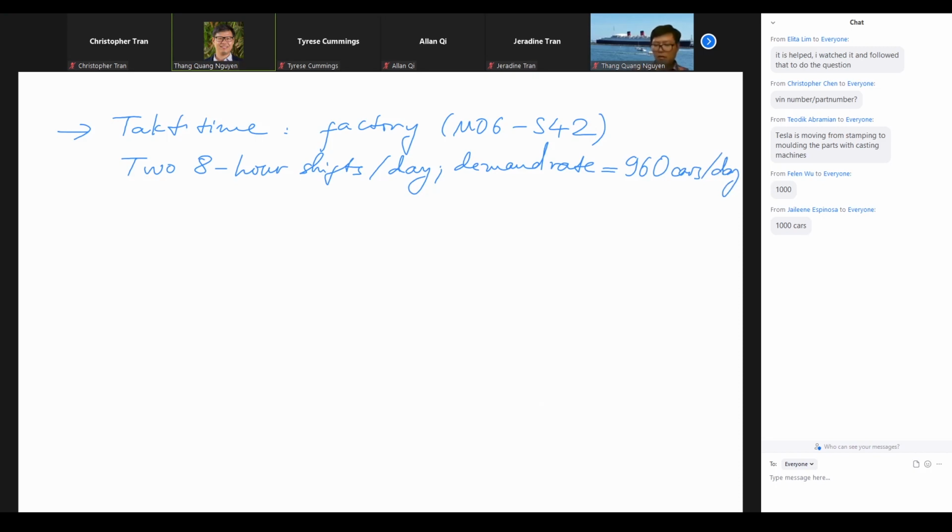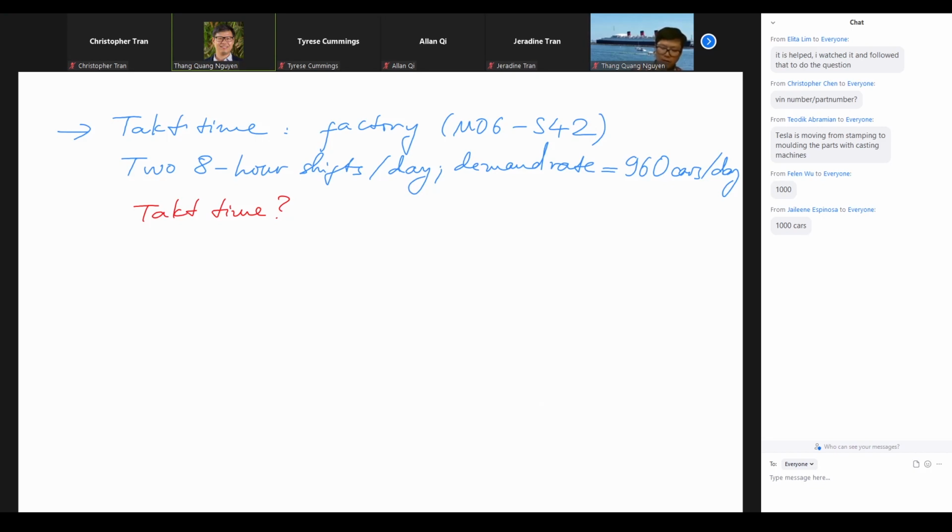We do not have enough time, so I only focus on part A of the question. In part A, they ask the following. What is a takt time? Right, so the word takt itself originated from the German language, and then the Japanese use that, and then I don't know, the word is cut short, and now we have takt. Okay, otherwise it's going to be a very long word. So takt time